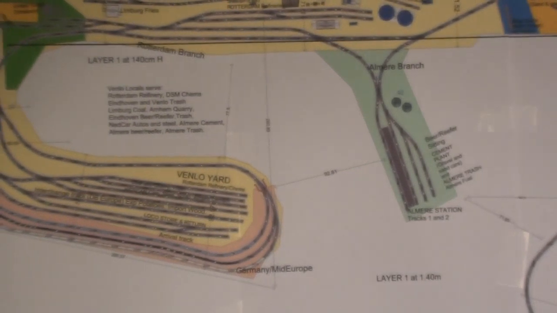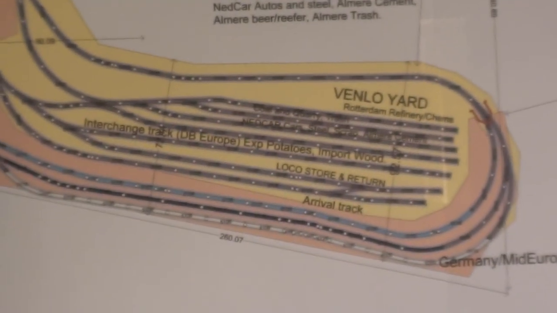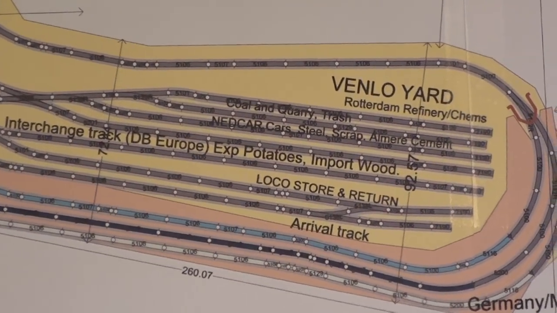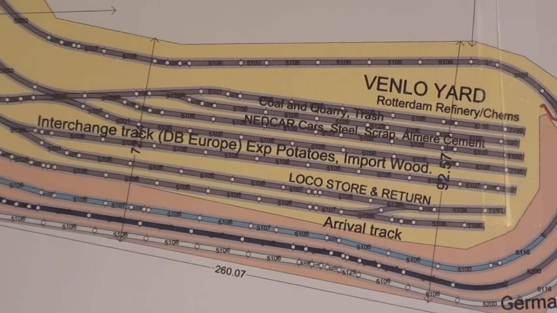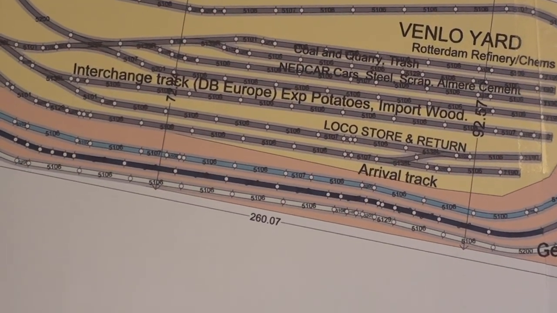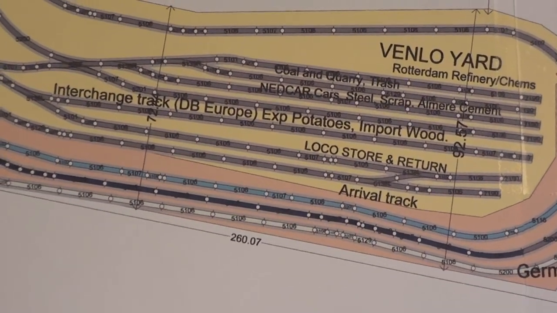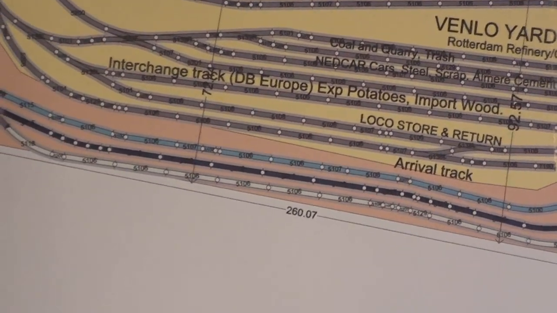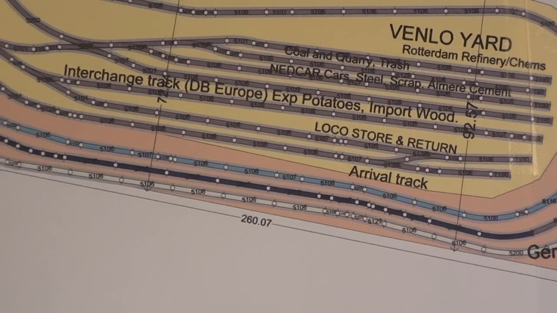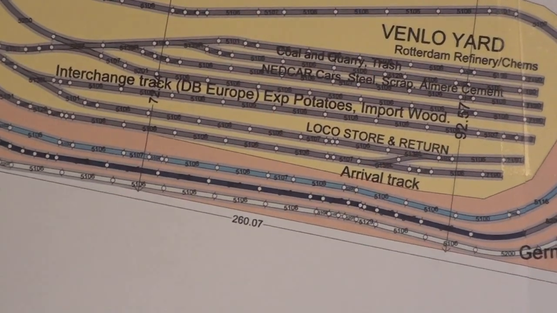There will also be locals operating out of the top level, operating out of Venlo Yard. So the yard master at Venlo Yard will classify cars on the sidings here. There's also an interchange track for the rest of Europe, so there'll be various produce goods that will be set out on the interchange track here, and they will be assumed to be picked up by German locomotives and distributed further in Germany and the